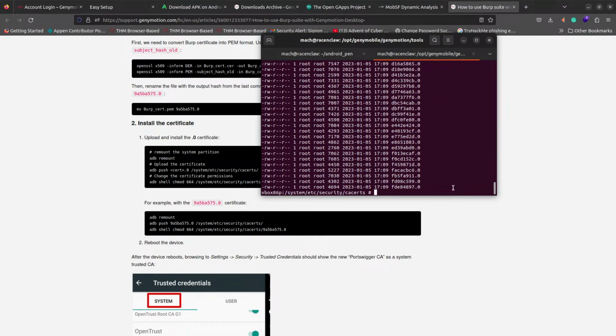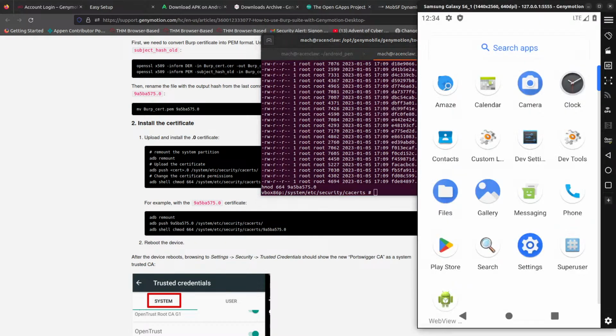So it'll be chmod 664, and then our cert was 9A, 5, whatever. There we go. So we just chmod that. Okay. And just to show you that that cert is actually there, we will get up our emulator, and I